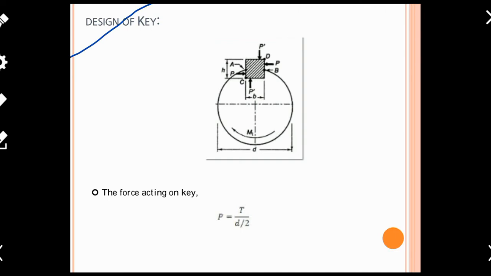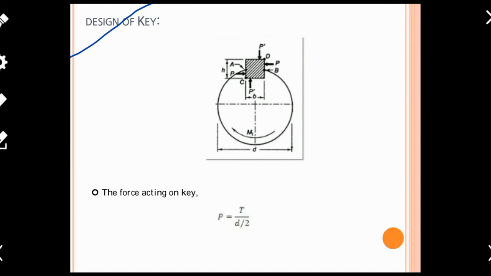Look at the screen, design of key. Before starting design, one more thing I want to say is that in this particular lecture we will discuss specially the square type, rectangular cross sectional sunk key only. Once you understand this design procedure carefully, it will be very easy to design other types of key. So for the functional design procedure and basic fundamentals of design, I have taken only one example, and that is the square type of sunk key, and we will discuss and design it in these lectures.